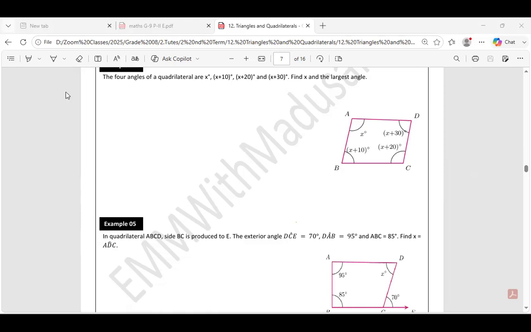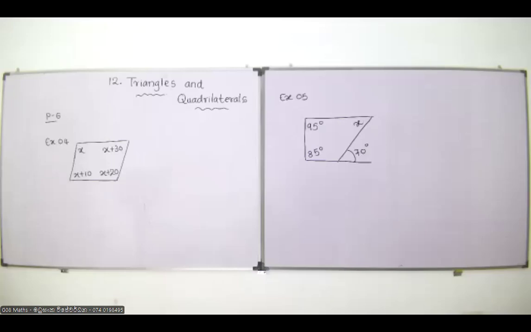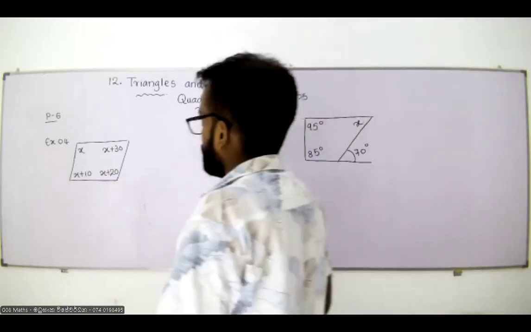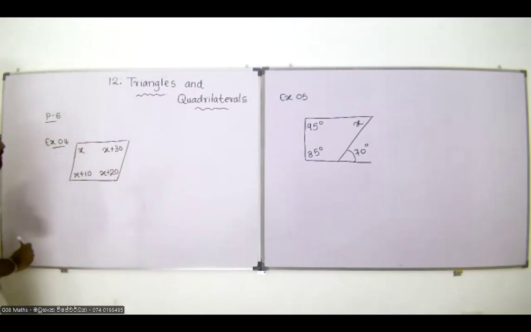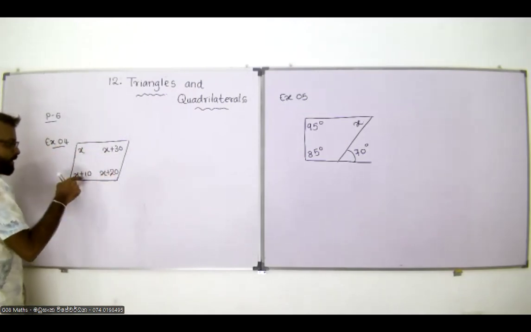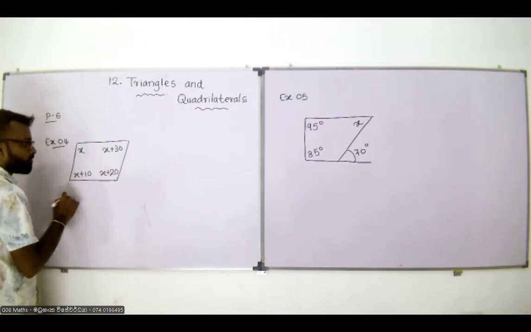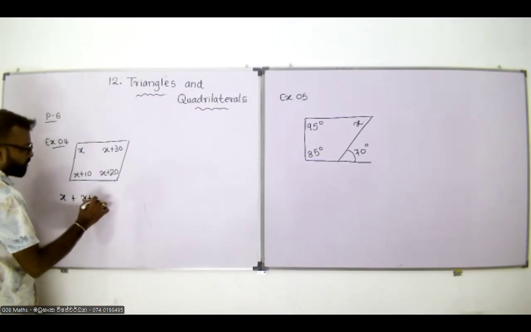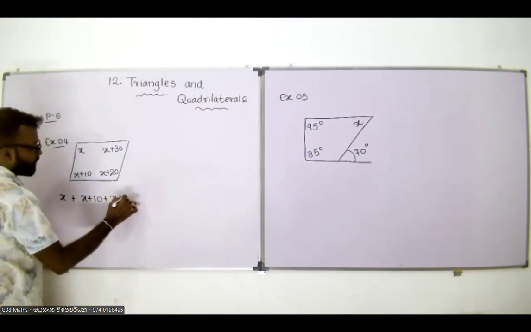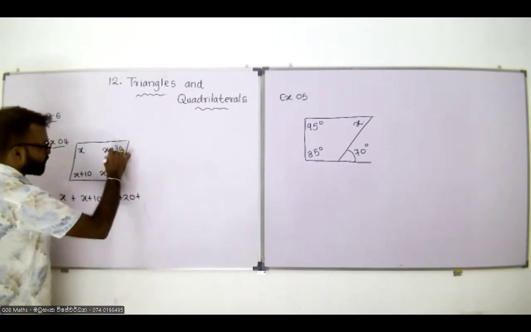Right, so I will do it on the board. Example number 4 is this. Interior angle, interior angle, interior angle, interior angle: X plus 30, X plus 20, X plus 10. You know the way that you have to do it. X plus 10 plus X plus 20 plus X plus 30